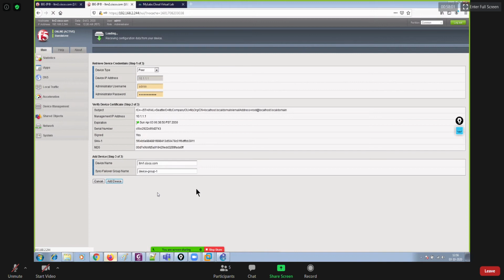So wait for some more time, because in backend, the process is still going on. So once process is completed, only one device should be active and other device should be standby. You can make the configuration on any device, right? Either on active or standby, and it will also get synced automatically if you have enabled auto syncing, because it's up to you. Like you can, whether you want to enable the auto syncing or not.